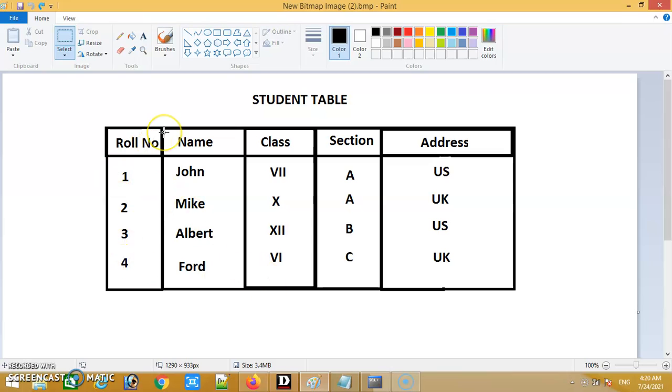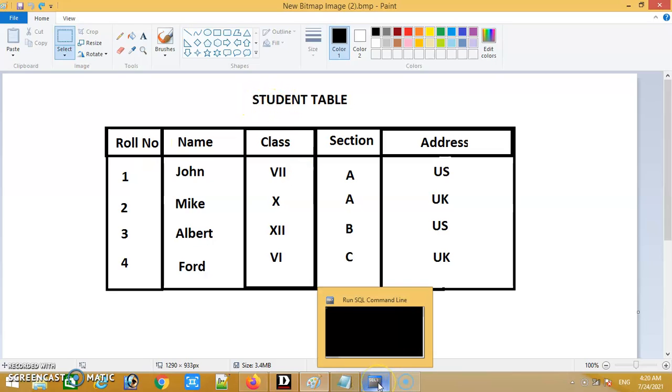So a table is a combination of rows and columns. I will create this table in our Oracle database, and I'll use the SQL command line to execute the create table command to create this student table.